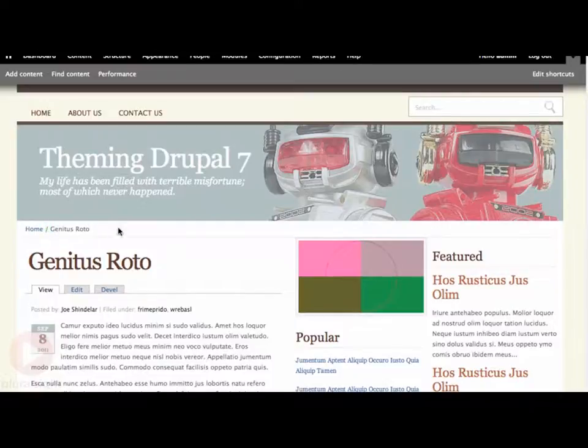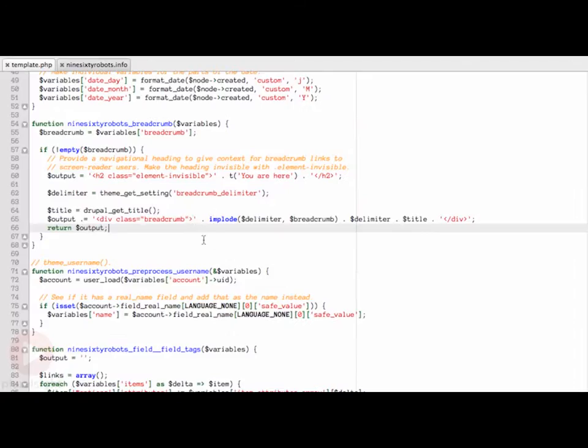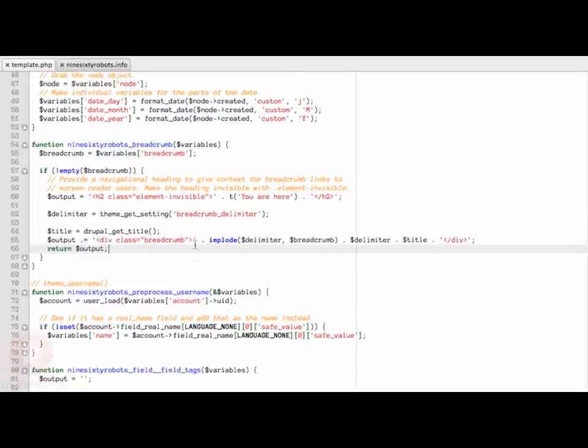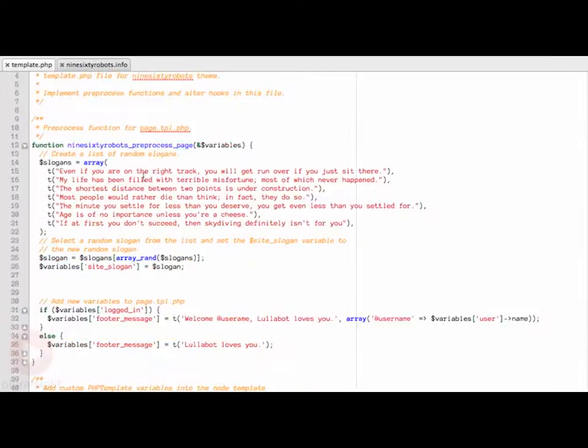The other thing we wanted to do was use that Twitter search term in order to query Twitter and replace the slogan of our site. So this text here, which we had previously replaced with a random slogan chosen from an array, was something that we pull in from Twitter instead. So in order to do that, we'll take a look at our preprocess function for this page and modify the slogan variable. So back in our template.php file, I'll find the code for 960 robots preprocess page, where we had